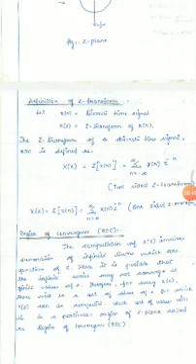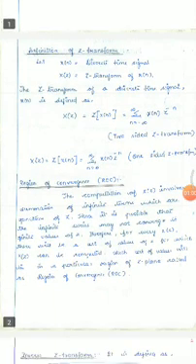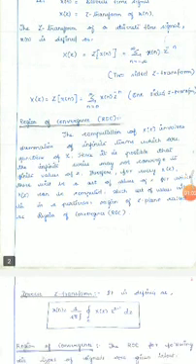The Z transform of a discrete time signal x of n is defined as x of z is equal to Z of x of n, summation from n equal to minus infinity to plus infinity of x of n z power minus n. It is called the Z transform. The region of convergence: the computation of x of z involves the summation of infinite terms which are functions of z. Hence, it is possible that the infinite series may not converge to finite values. So there will be a set of values for which x of z can be computed. Such values will be for a particular region of z values, called the region of convergence.